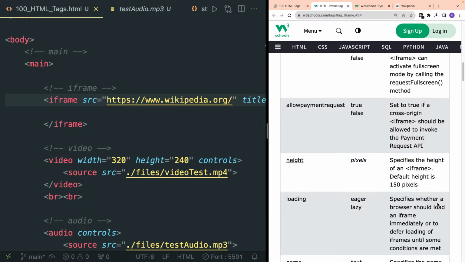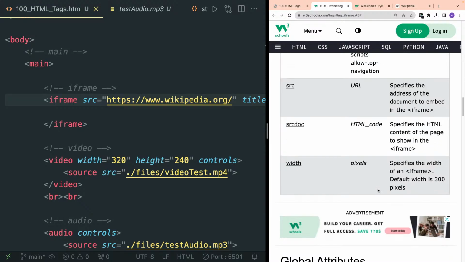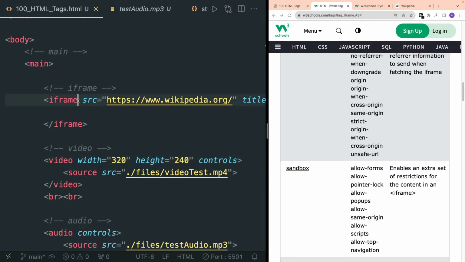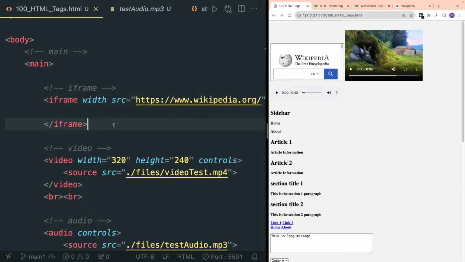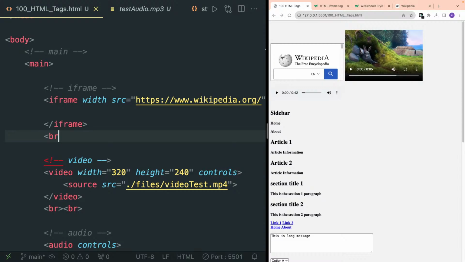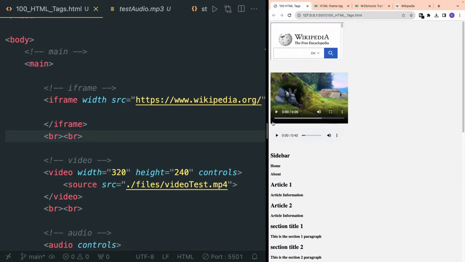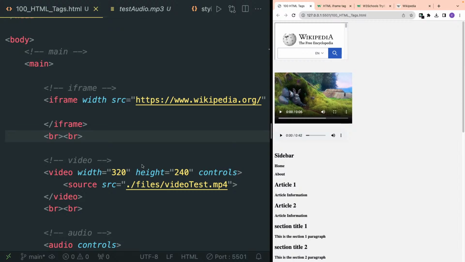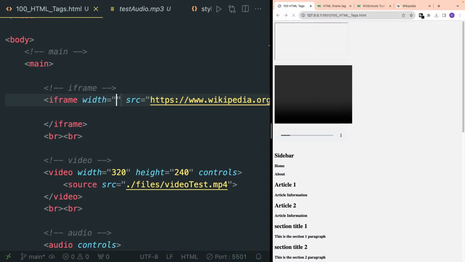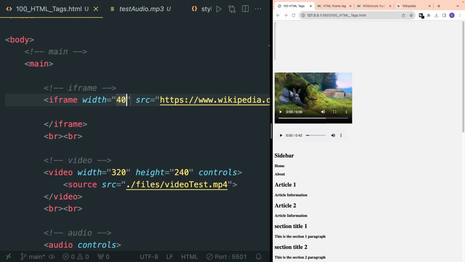Okay, so we can actually also set the height and width of iframe. Let me set the width. Okay, first let me put the break tags. Our video HTML tags is coming in the same line. To place it in another line, I have used br tags. So now I'm going to set the width. Let me set the width as 400 and height as